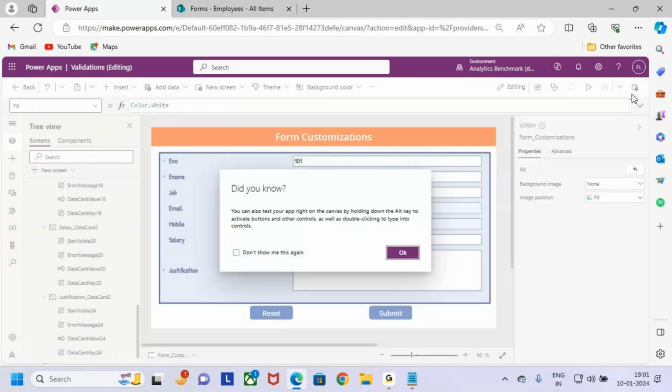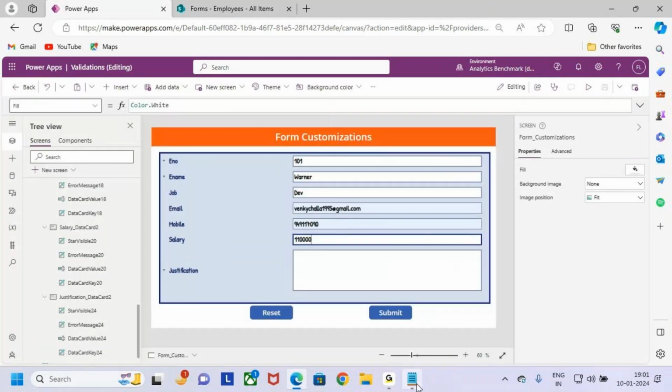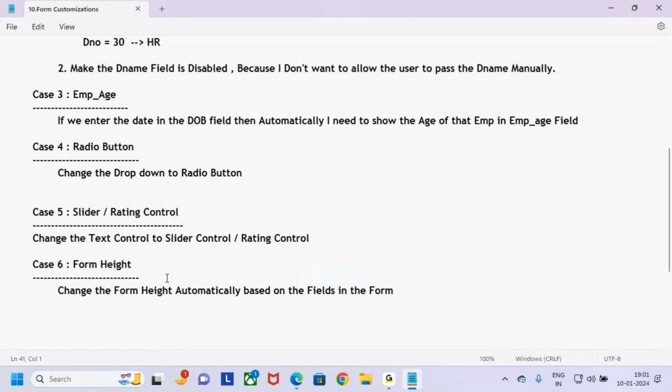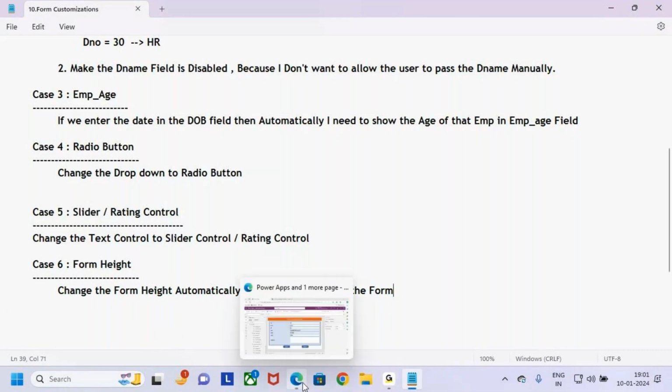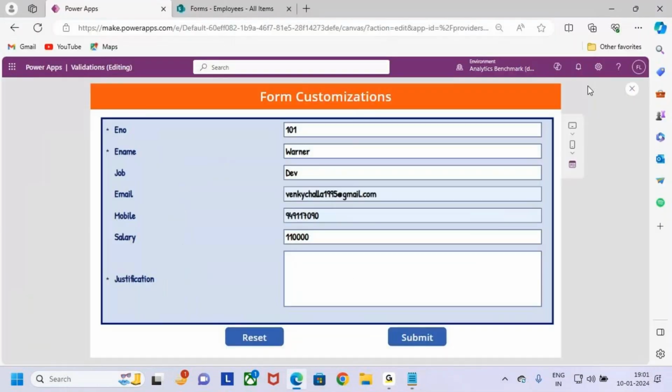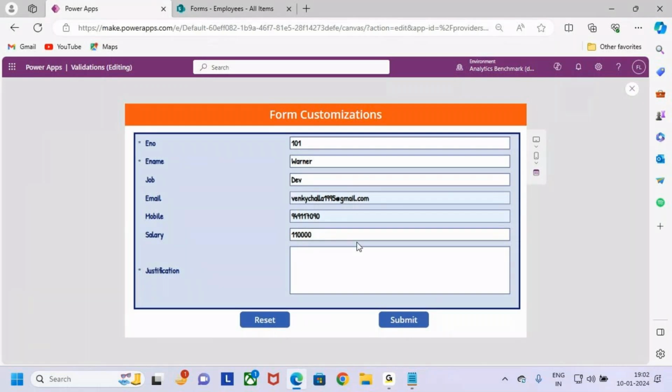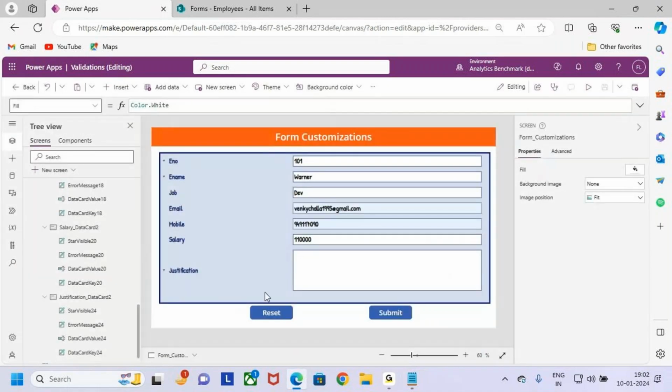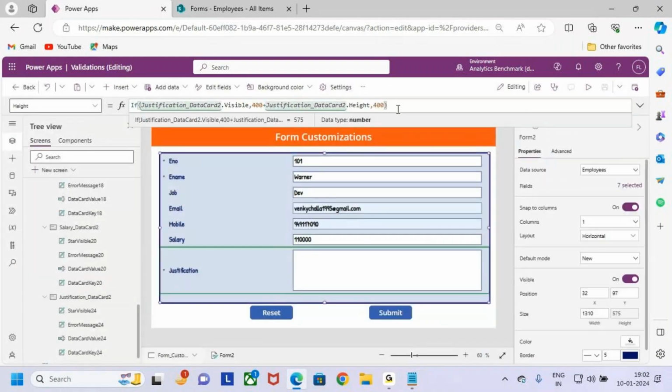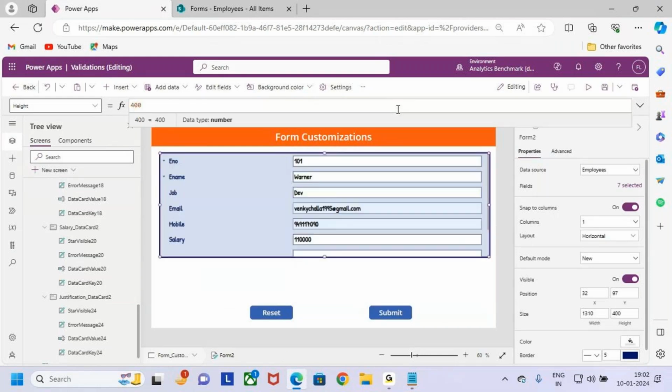dynamically, guys. Whenever you want to adjust the form dynamically, you can make it so. Change the form height automatically based on the fields in the form, based on the fields you are able to display in the form. Based on that, automatically you need to increase the height. If you are not writing this formula, let's say if you just remove it and keep only 400, now when I play,